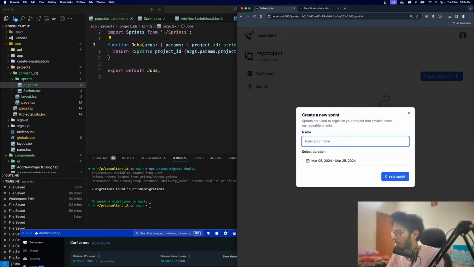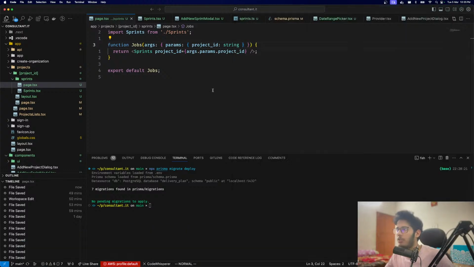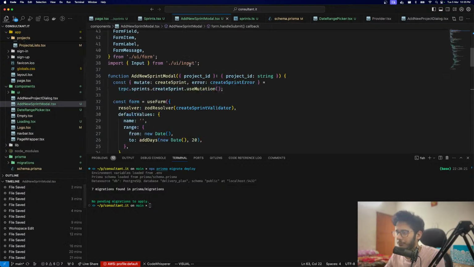So if I just say my first sprint and if everything goes correct, we should be able to, we have an error. Don't worry, in production you will not see an error like this, but this is helpful. We have available options are, so I think there is some sort of issue. Let's see. Let's go to the